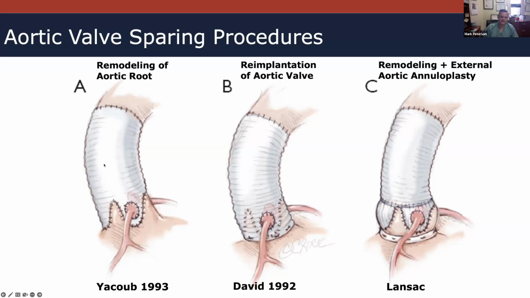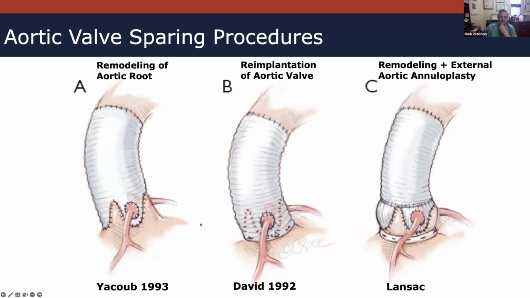The difference is in the Yacoub, we scallop the graft and sew it in as shown in the picture, whereas in the David, the graft goes all the way down and goes around the basal annular ring externally, and then you reimplant the valve completely within the Valsalva graft. So why do people choose the various options? Well,